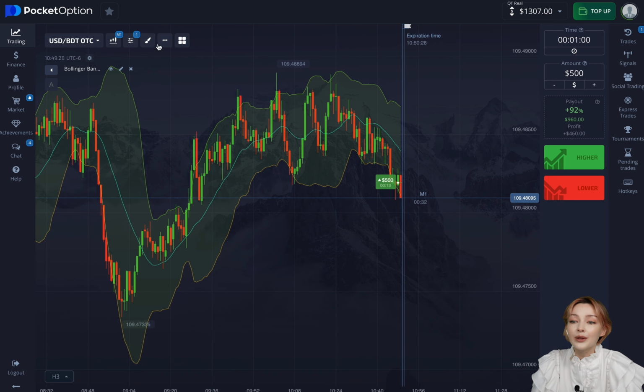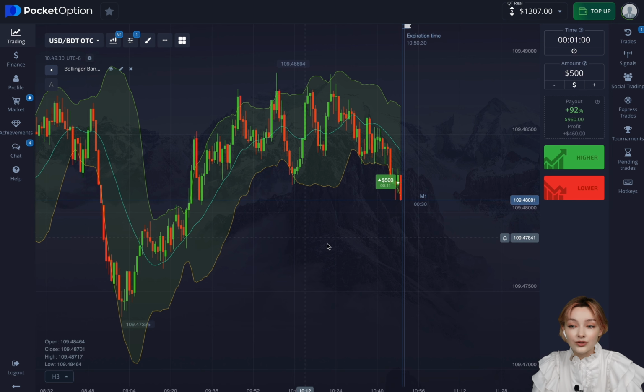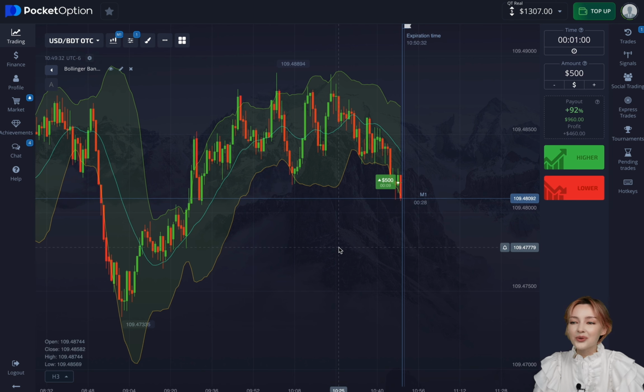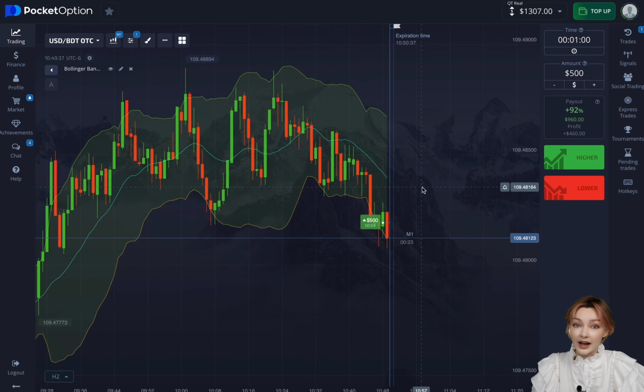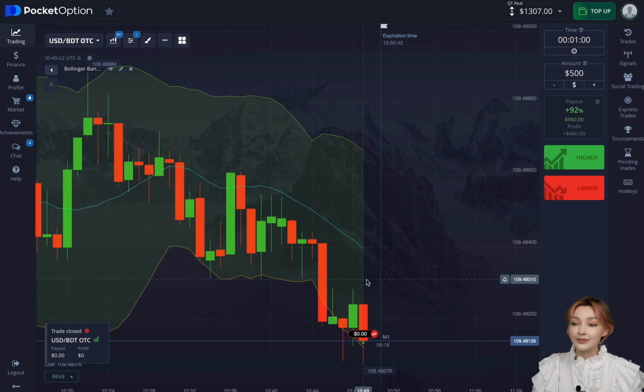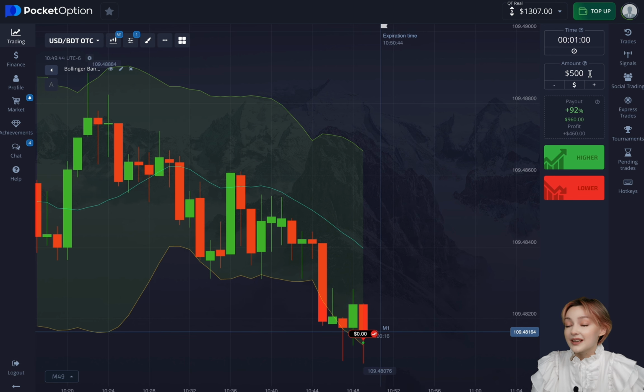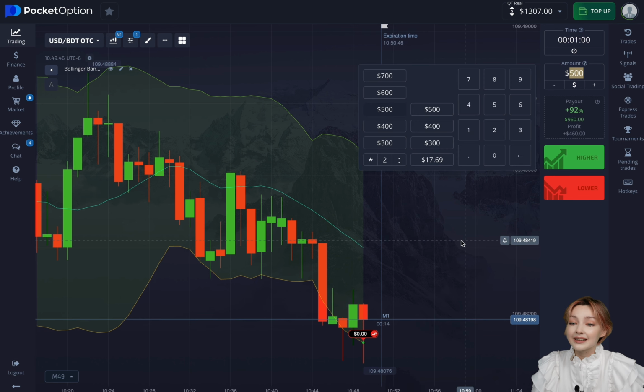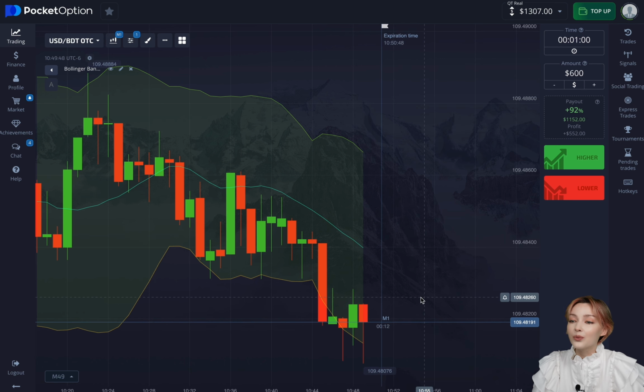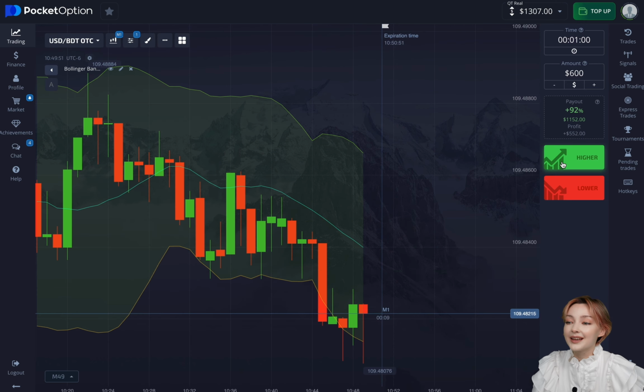If you trade during a strong trend on the market, chances are your win rate would be worse than if you solely go for flat motions. I hope it's clear enough for you guys. So the first deal is losing. It happens sometimes, unfortunately. I'm increasing the deal amount by $100, and we're gonna try and make another upward deal